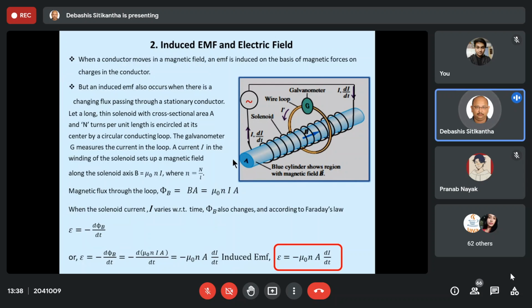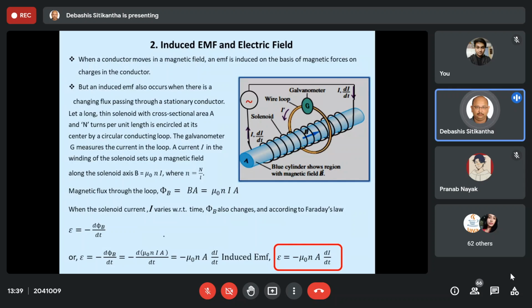Okay, so what is the big deal in this? The big deal is that both the conductors are going to be stationary. There is no moving part, no moving coil, no moving magnetic field, nothing. But there is a changing magnetic field. Just have a look over here. Okay, let me give an idea.